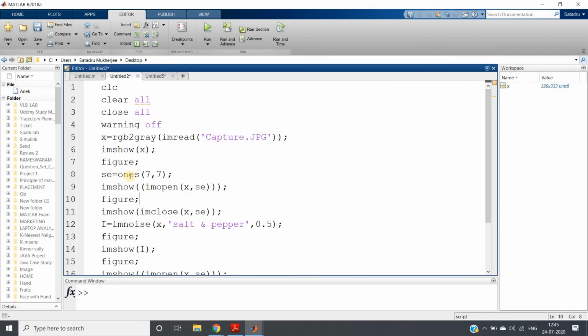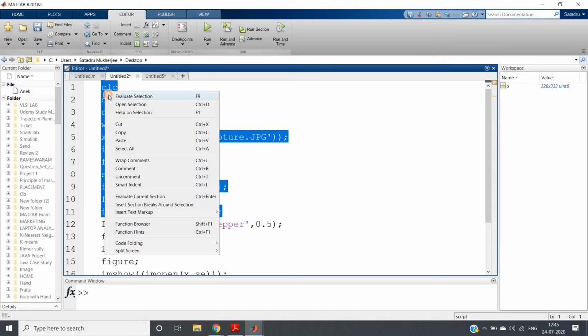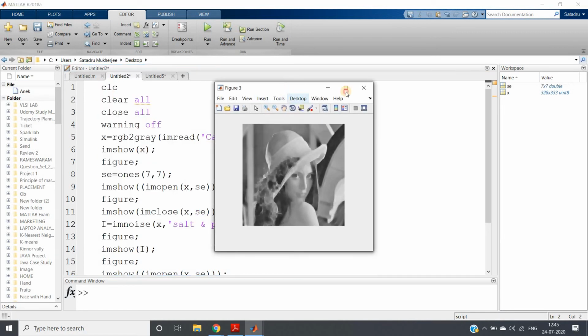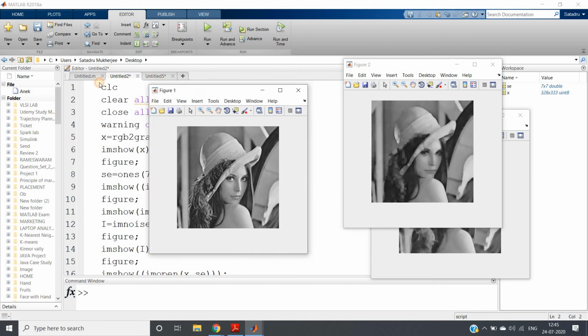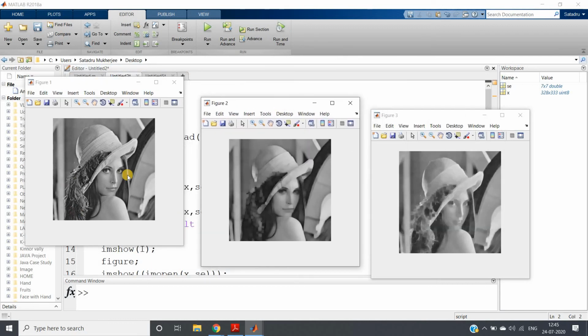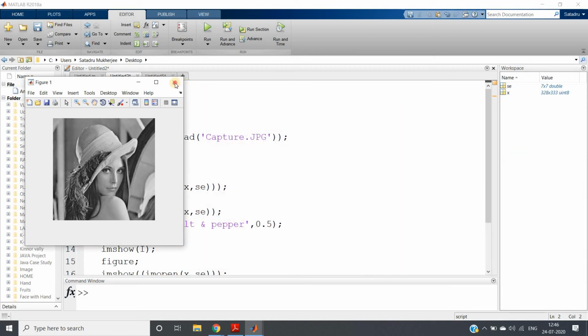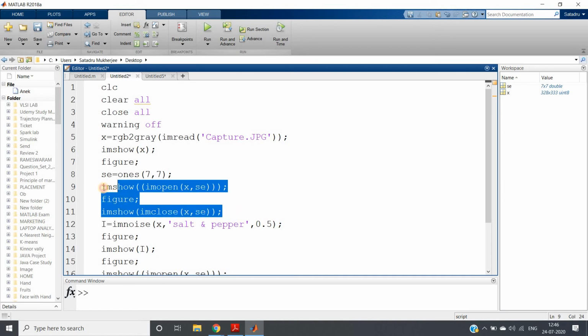Okay, so let me show you the effect of opening and closing first using a bigger structuring element of 7x7 so that you can easily understand. First of all, I have taken the image, then applied opening and closing. Nothing else, just to show you the effect of opening and closing in grayscale image. So see, here you can beautifully understand the effect. This is our original image. If you apply opening, you can clearly see that the image became darker. The darker parts are highlighted and the closing makes the overall image whiter. See, here also became whiter than earlier and the body also. So this is the effect of opening and closing in our grayscale image.